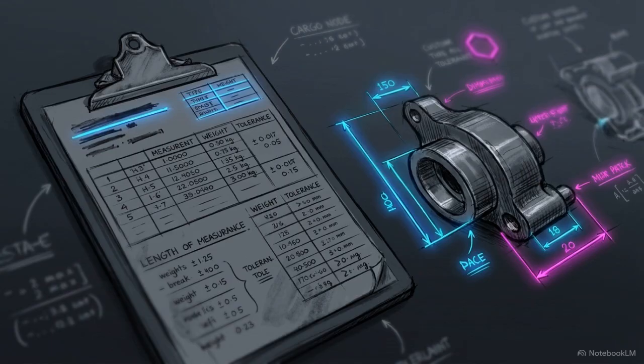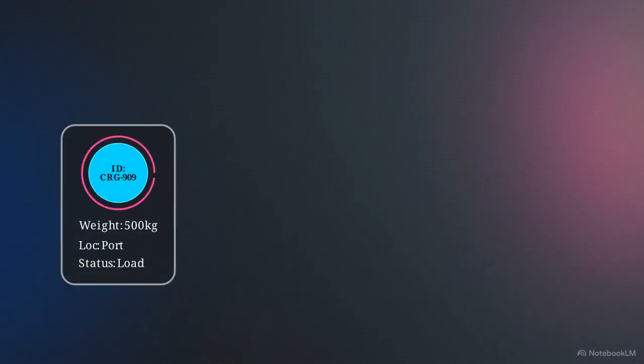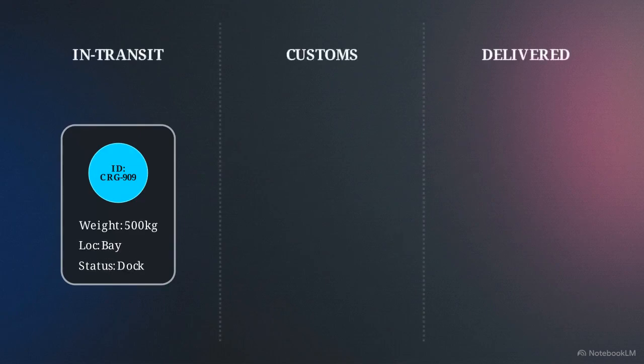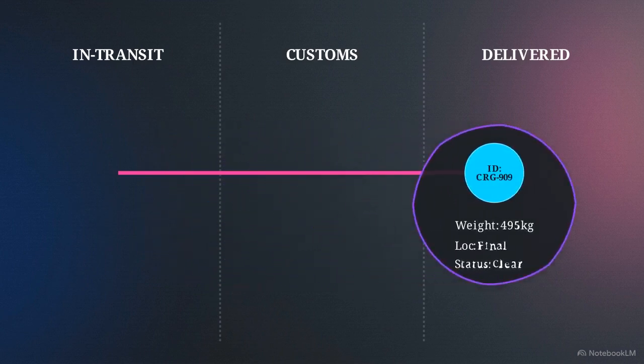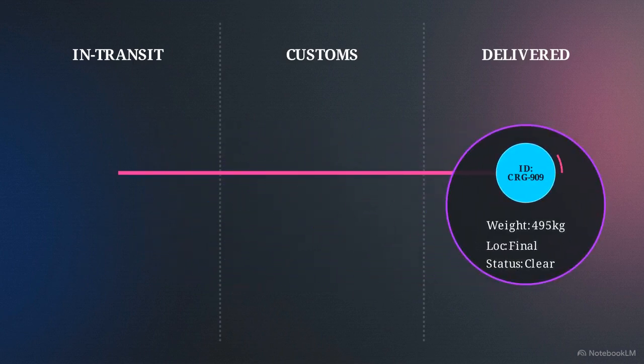A common mistake is assuming an object is defined by its current data attributes. An entity is a concept defined exclusively by a thread of identity and continuity over time, regardless of its data. It has a life cycle. It can go through radical state transformations, moving from in transit to customs to delivered, while conceptually remaining the exact